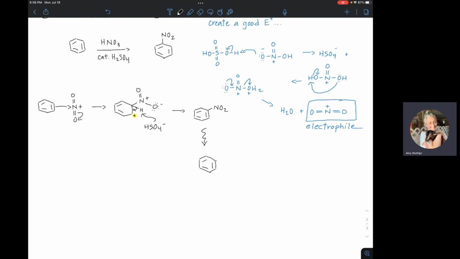It's easy to write NO2, but this positive charge is going to be meaningful to us. That is probably one of the most electron withdrawing groups we know about. The nitro group is like an electron vacuum cleaner. You have that on a ring, and what you have done is deactivate the ring toward further